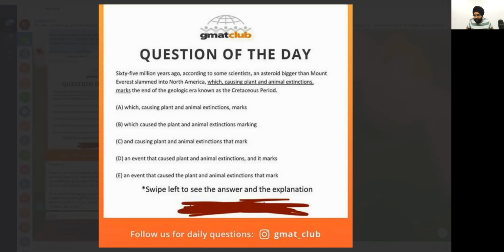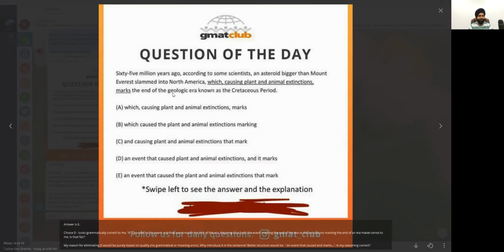Ashmit, must is not what I'm saying. I'm saying structurally, there is a strong preference that it should go back to the subject of the preceding independent clause here. As I said, I'll not take a call entirely on this unless of course I come across an option that is all right in all ways.